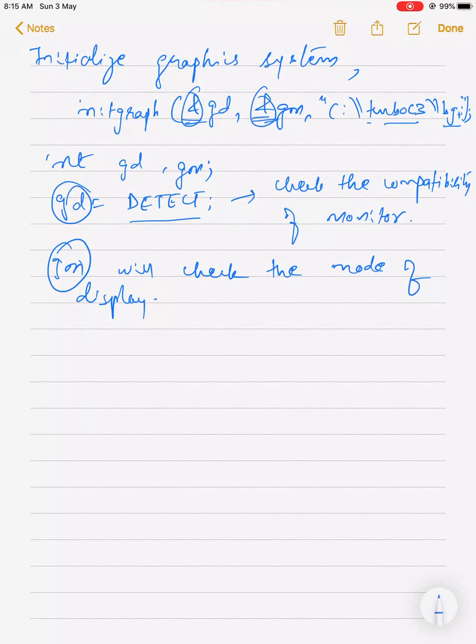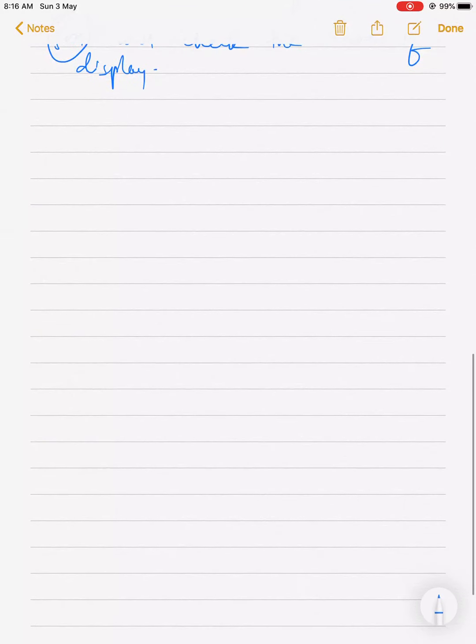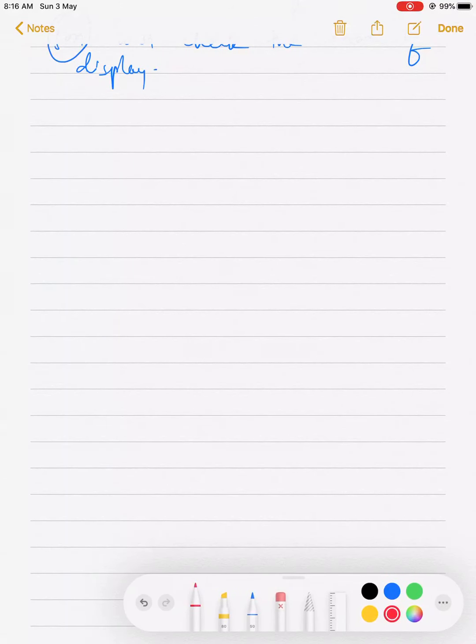This is by default available in the graphics.h file. And this initgraph is necessary so as to draw the shapes or animations. Now we'll see how to draw the shapes and animations.